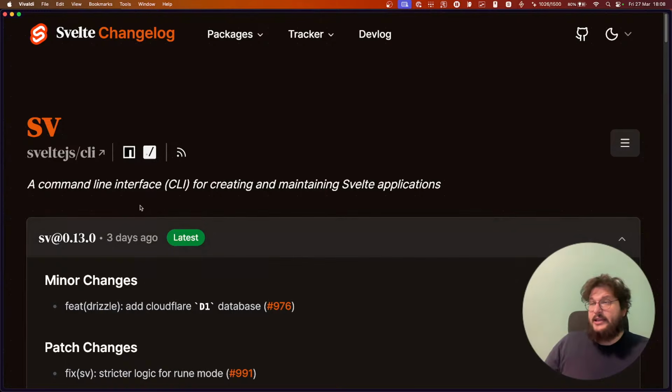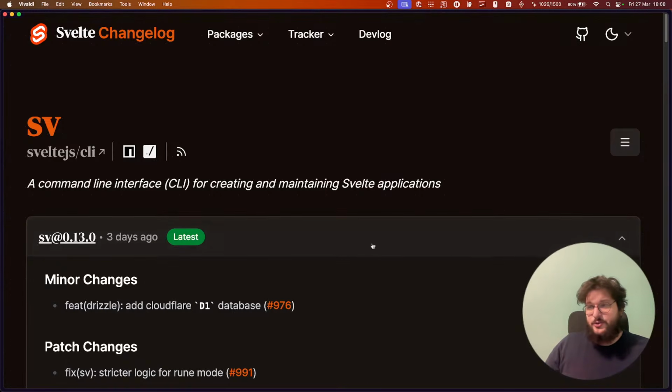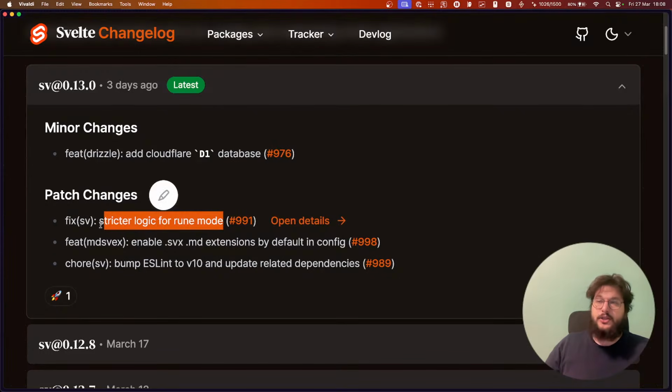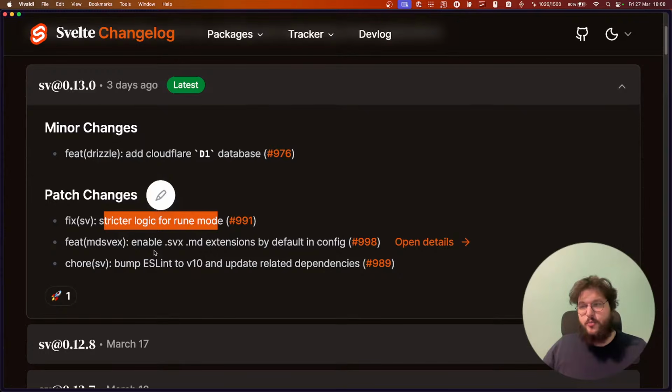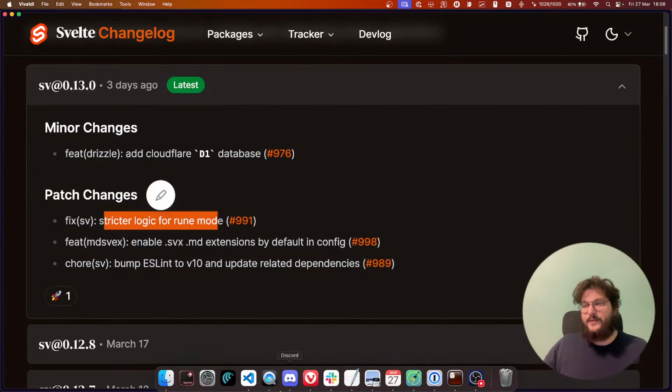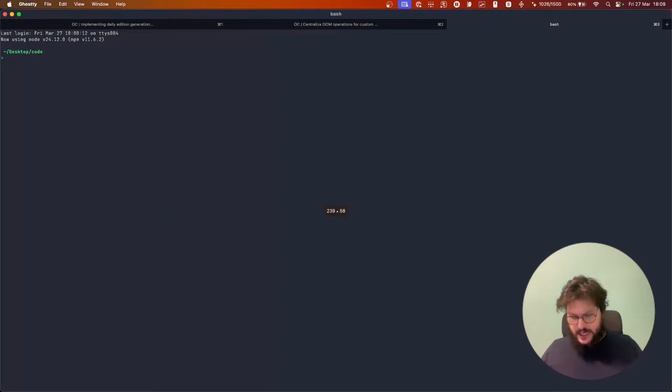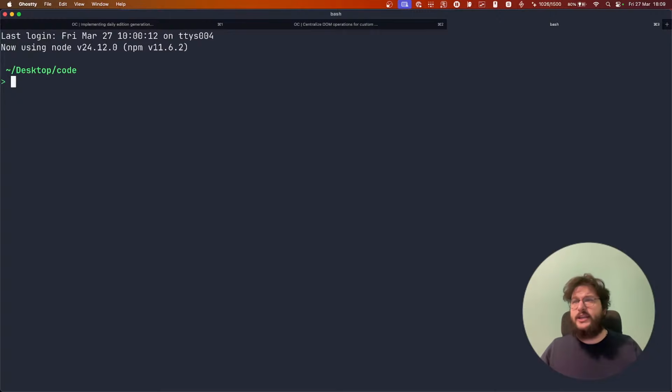A command line interface. Okay, so this is a new release of SV, which is 0.2. Yeah, it's 3 days ago, and stricter logic for runes mode. So right now, if you are creating a new project, that's actually a change that Jean did a few weeks ago.